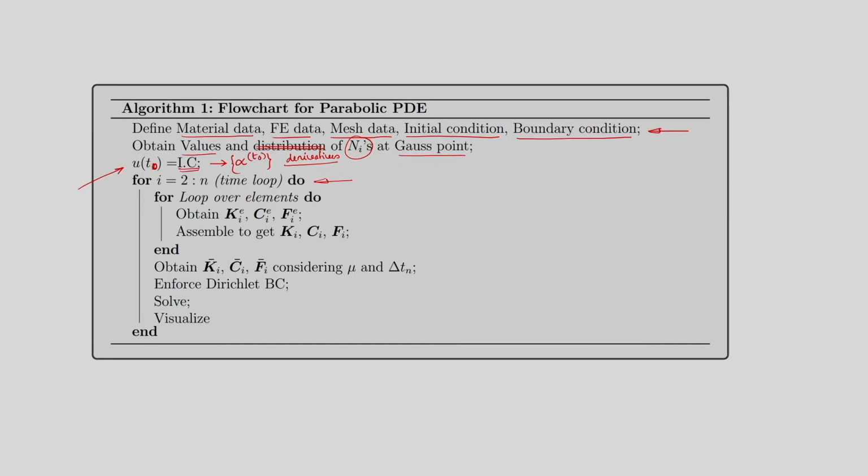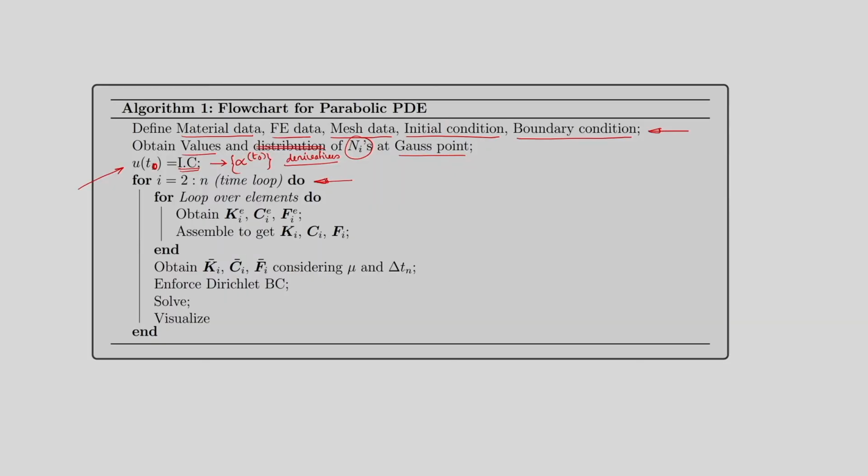This is the new part, because earlier problems do not depend on time, alright. We solved it only in one step, we applied the load and we solved the set of equations, alright. But here at every time step we have to formulate the set of algebraic equations and we have to solve, and the set of algebraic equations depends on the previous solution. So, we cannot actually jump. Because at every time instance, in order to formulate the set of linear algebraic equations, I need the solution of the previous instant, alright. So, we have to do it in steps, and at every step we need the solution of the previous instances. So, that is why there is a loop over time, alright.